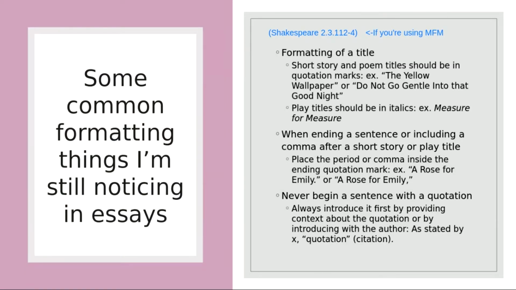Short story or poem titles never go in italics. Play titles never go in quotation marks. Okay, short stories and poems, quotation marks. Play titles, italics. Okay, so make sure that you do that. It just sort of drives me up a wall, especially when I comment on it on the draft and it's still happening on the final draft, and I'm just like, so just keep in mind that that's the convention for it. Now, that being said, article titles should be in quotation marks too, if you discuss them in the body of your essay.